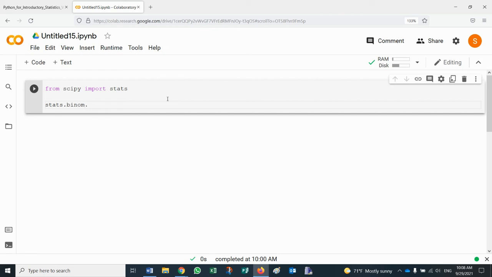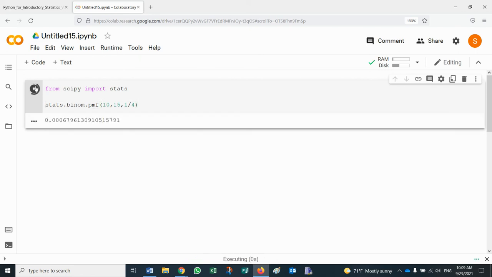And now we needed the exact value, x equals 10, and that is going to be the PMF function. Okay, PMF function. And then the first argument is how many successes? We wanted 10 successes. And then the second one, and actually we don't need to write the x's. So we needed exactly 10 successes out of 15 trials, and the probability of success, we can write it as 1/4, or we can just write 0.25. And let's run this. And this number, which is a very small chance that the student will guess 10 out of 15, it's almost zero, but it's 0.007